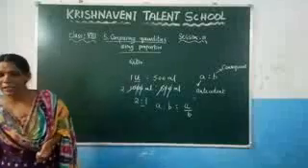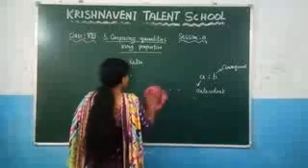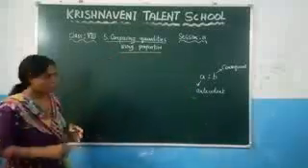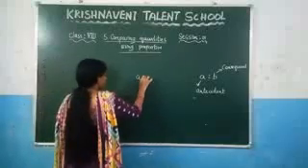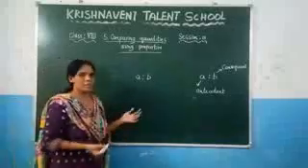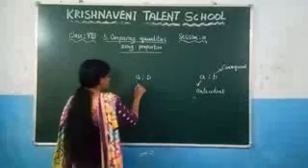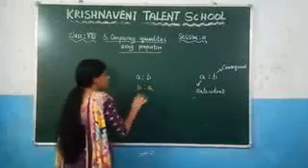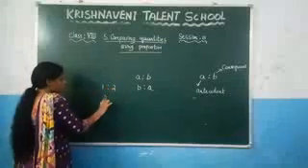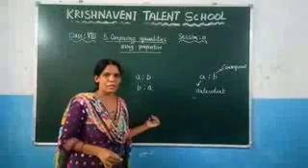Now let us see about the inverse ratio. You know that here A is to B is the ratio. Inverse ratio is nothing but reverse. So the inverse ratio of A is to B is nothing but B is to A. Suppose I ask what is the inverse ratio of 1 is to 2, which is nothing but 2 is to 1. Just write it in a reverse order. That is nothing but the inverse ratio.